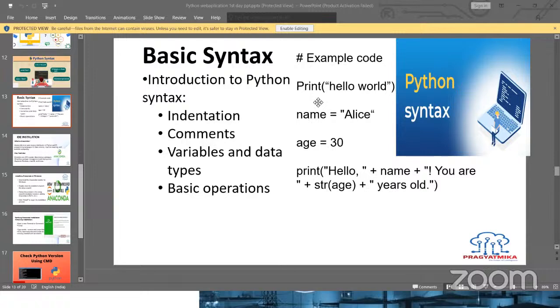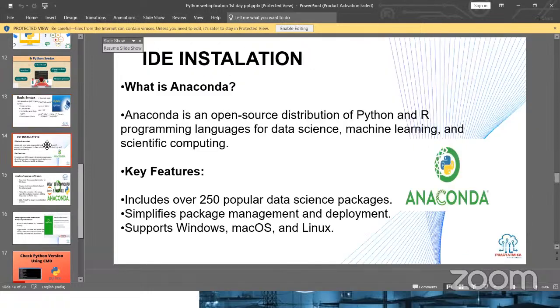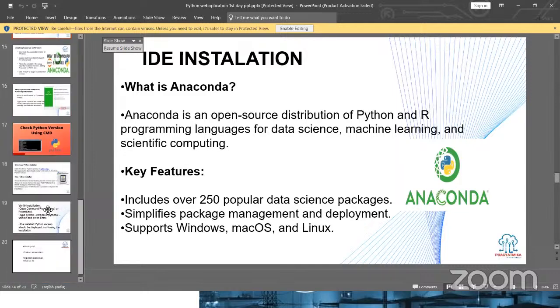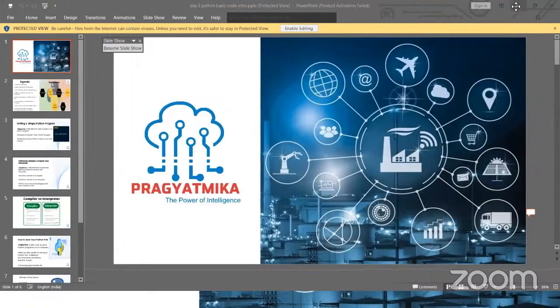Once we start working on everything, once we go level by level, then we'll understand how to write our own programs. Okay. So now comes the installation part. First, for the IDE, we are using Anaconda. We'll be using Python first, so first, I'll explain how to install Python. So first, we need to go to,